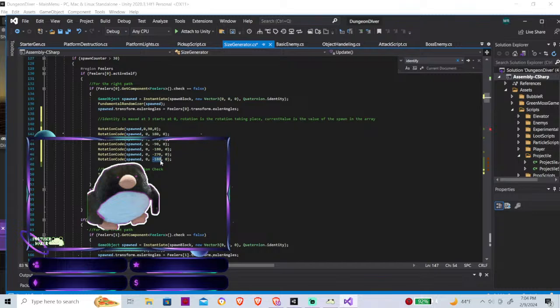And then this is just going to be 0. And so this is what the rotations are going to look like. And so 0, 1, 2, that's 3, and at -90,